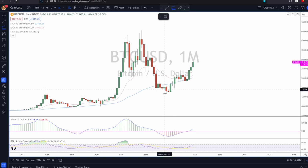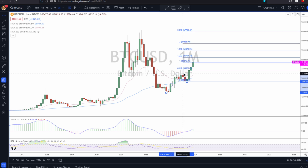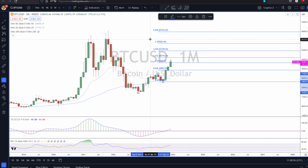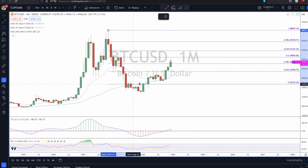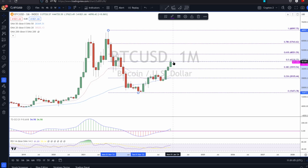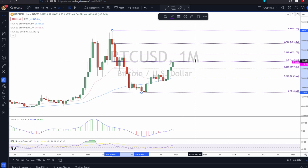So if we measure this first swing higher we made to this first high from here, we are around about that equal measured move level. It's at 40,000. Some people would measure it this way, and if you do that, that's fine. It's a little bit higher at 41,270. So we are around that three-wave look here, a little bit extended on the upside. And if I measure where we are in terms of pullbacks, we are right at this 50% retrace level,